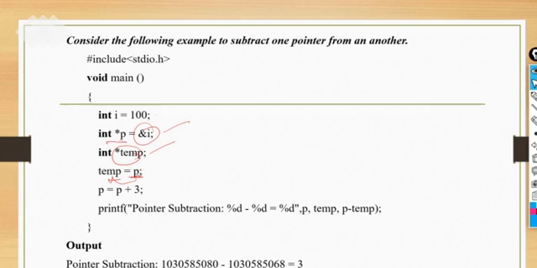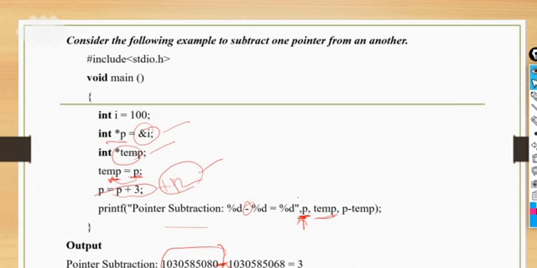That means whatever is the address of P, we are passing it to temp. Then we increment P by 3, that means +12, right? So what will it print here? First, the P value. Let's assume the P address is this. What have we done here? The minus symbol. What do we have next? Temp. In temp, what do we have? The P value, the same value.